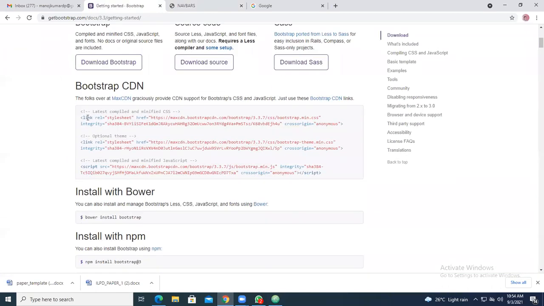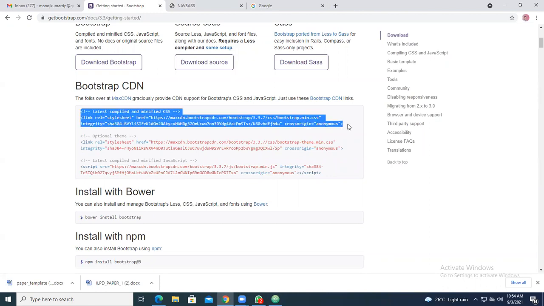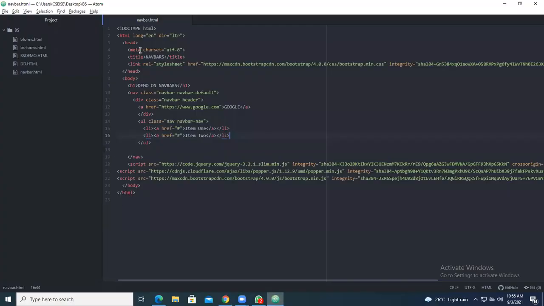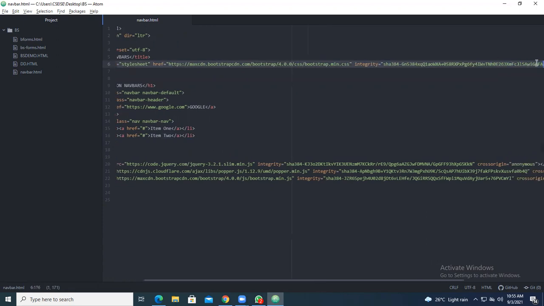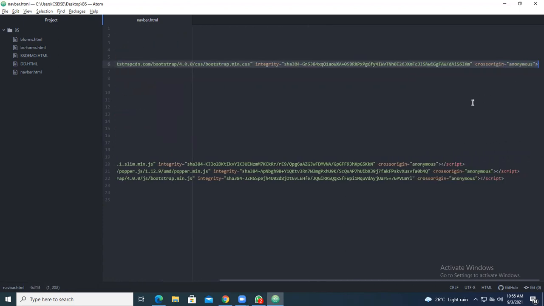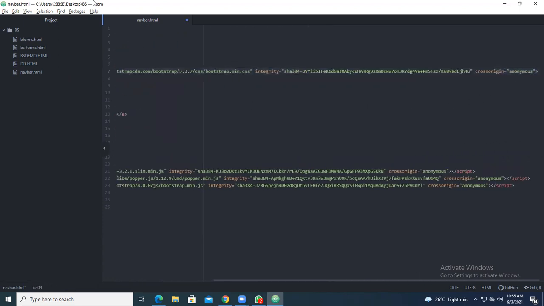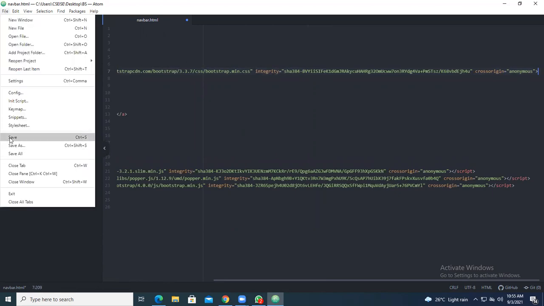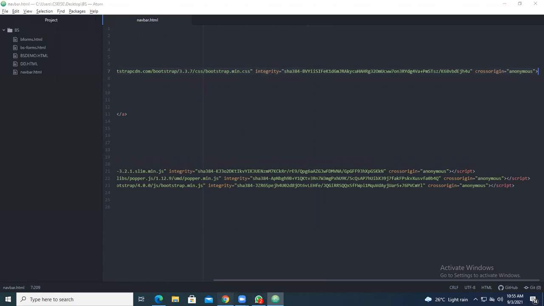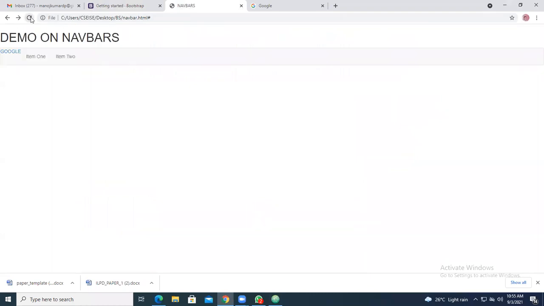Under getting started, there is a particular link. You copy that link, go to the page, and in place of this one, you paste that link, Control V. Now go to file, save the contents and see how you are getting the contents.